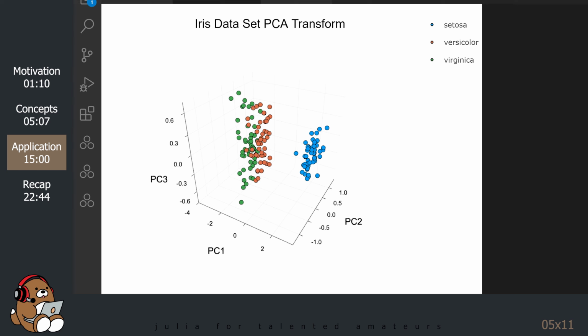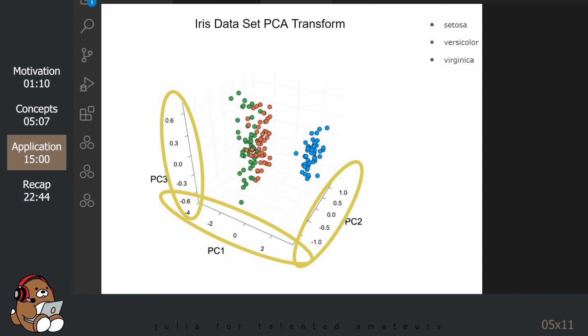The blue markers are setosa, the orange markers are versicolor, and the green markers are virginica. Notice that the scale of PC1, PC2, and PC3 are all centered at 0. PC1 has the widest range, which indicates that it's contributing the most information. PC2 has a smaller range, and PC3 has the smallest range.